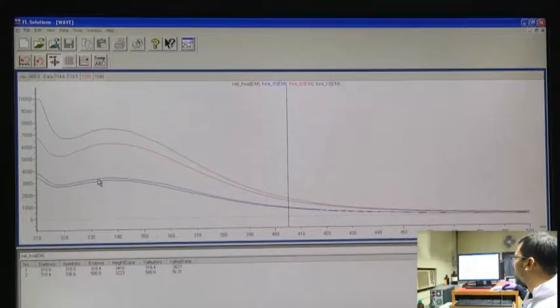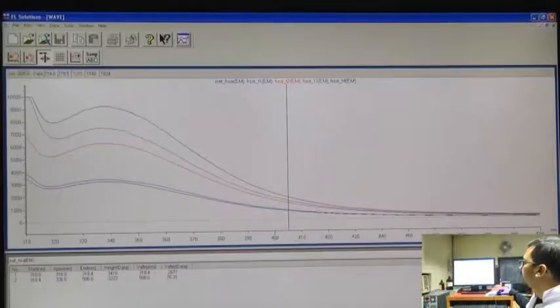Now, again this one is native HSA, this is 37, this one is 45 and this is 60. So, we can expect that a major amount of protein denaturation has taken place in the range from 37 to 45. And now up to 60 we can see it again increases the tryptophan fluorescence, which shows that the protein again undergoes certain conformational destabilization. Now, we will check at 80 degrees centigrade how the spectra looks.